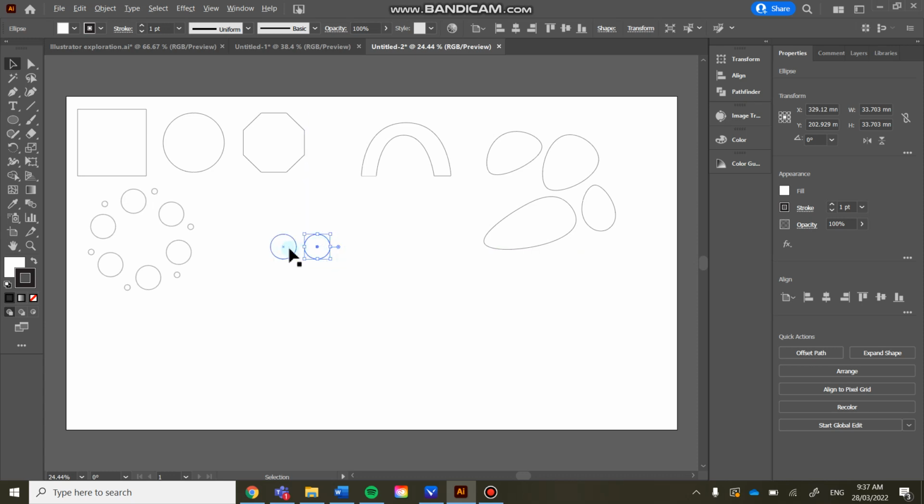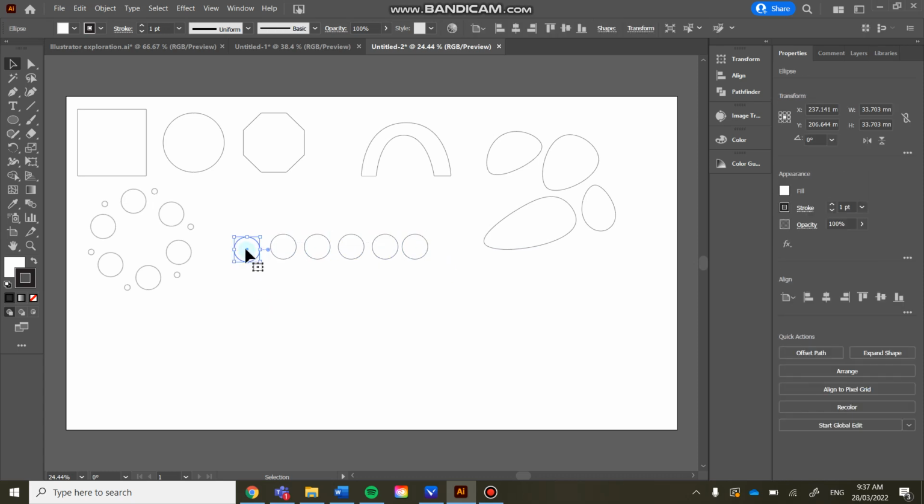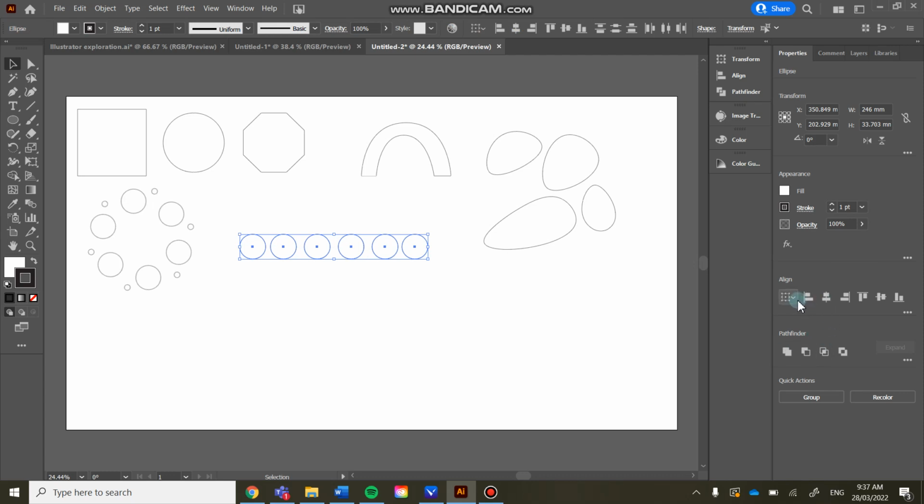It is much faster than using the copy and paste, and it will just allow me to drag off an identical replica. I'm going to pop it all in there. So you can see I've got 6 circles in a row, all identical. Now instead of me trying to come in and individually line them all up, what I can do is highlight them all, come down, and you have an align option down here. So I can align them all to the center. So here I've vertically